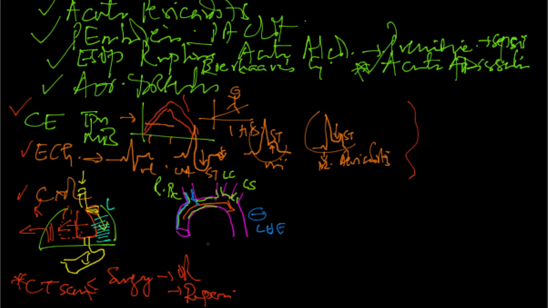Okay, so CTA is the procedure of choice here. Remember that. So order a CTA, that'll help you diagnose the aortic dissection. Now a lot of people have also looked at echo first. They say, why don't we diagnose by an echo? So you could do an echo here, and one can see the heart in this fashion.